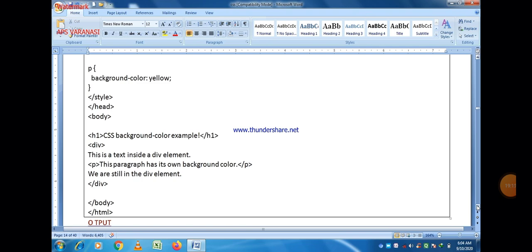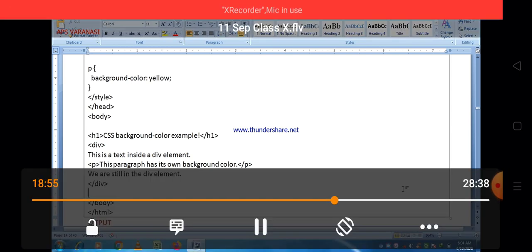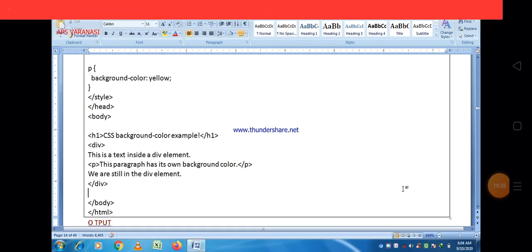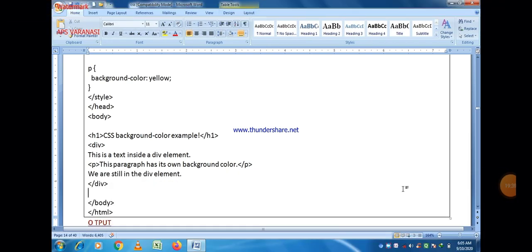So the content of the h1 is CSS background color example. Content of the div is this is a text inside a div element, and content of p is this paragraph has its own background color. And then after that div should be closed, then body, and at last html. And we can see the output here.